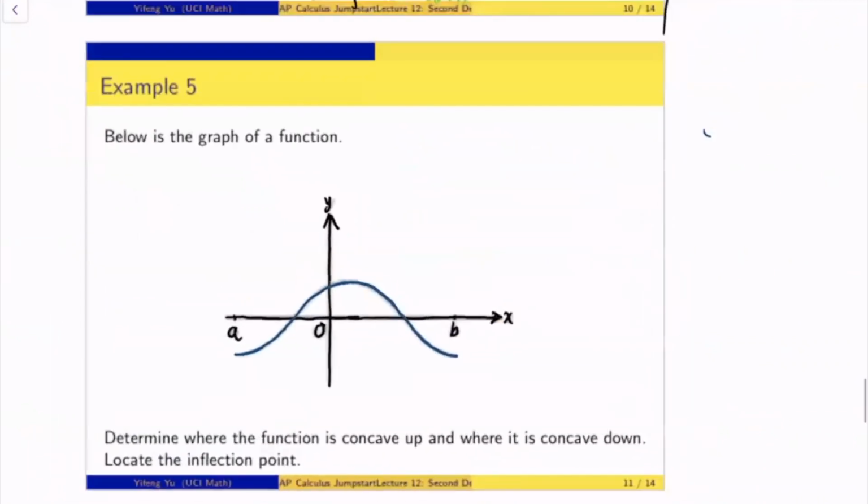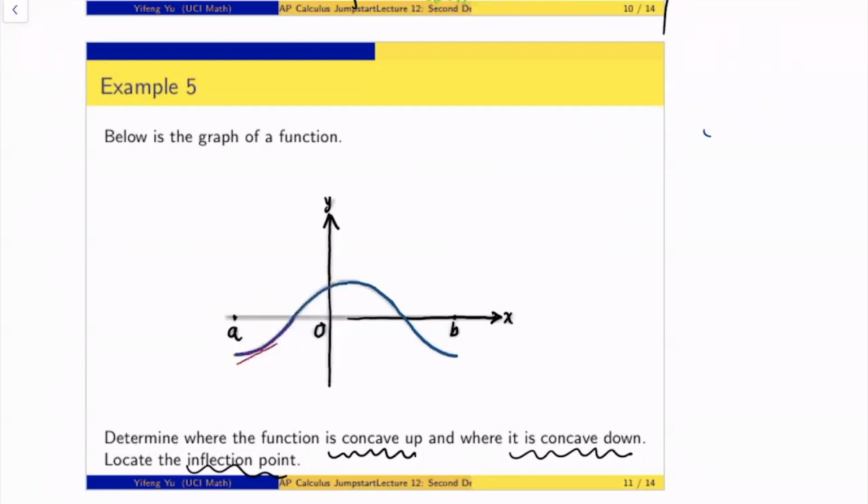Example 5: below is the graph of a function. I want to determine where the function is concave up and where it is concave down, and locate the inflection points. When you observe this, from here to here, you find the function is concave up. From here to here, I find the function is concave up